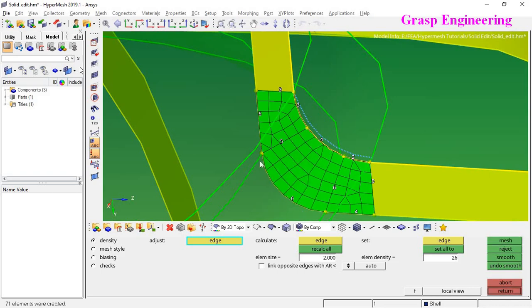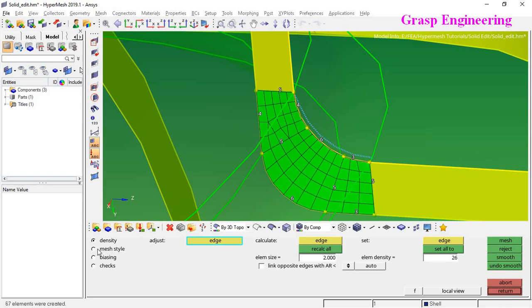I want 6 elements over the fillet region, so let's put 6, and I also want 4 elements here, so let's put 4, and here you can increase to 5. Similarly here I want 3, so let's put 6, okay, 5. Now you can see that these faces are properly quad, but here you will find that these are not a quad mesh, though we created the same mesh size like 5, 5, 4, 4.